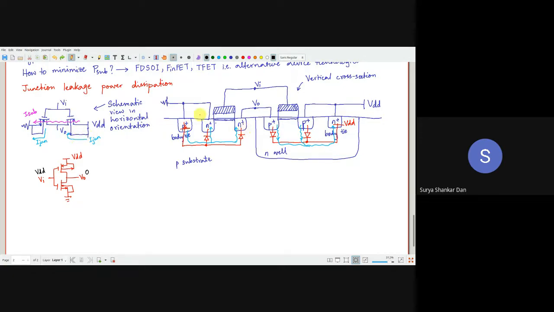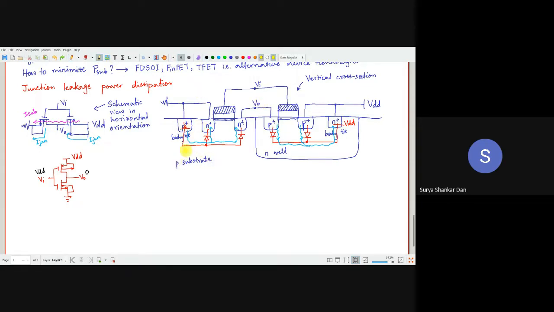Okay, and then उसके बाद क्या है? This is the gate terminal. The gates are shorted, as you can see. Here also in schematic we have shorted the gates, and I put the VI, and I have shorted the drain terminals here, and we have put the VO. Very simple. Okay. Now let us pay attention on the various junctions possible.